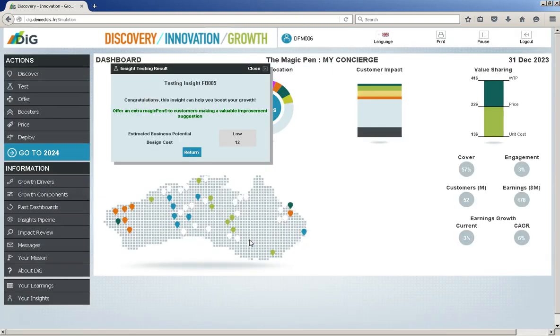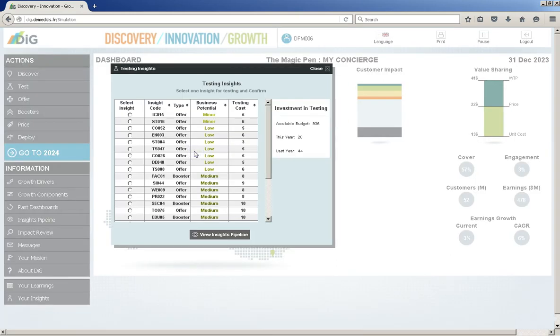Notice that the window which opens contains the estimated business potential, low, and the design cost, 12. Note that it doesn't contain an impact on customer value or unit cost, as for the previous insight, as a booster has no impact on the manufacturing of the offer. Click on Return, and the original testing window will appear, listing the remaining insights that have been discovered and not